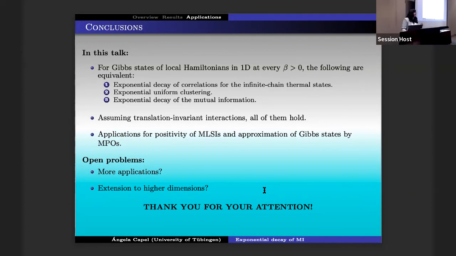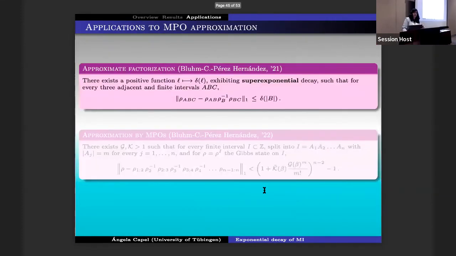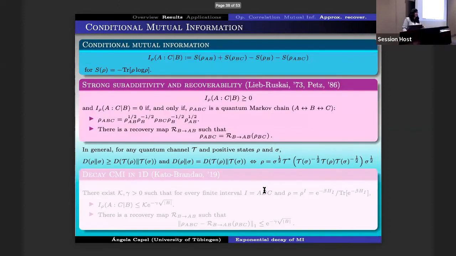Hi, Angela. Thanks for a nice talk. I would like to ask you, do you have something that you can conclude for conditional mutual information? As you mentioned, if you have some norm expression, then you can conclude the mutual information is small. Do you have the analog of a norm expression that you can conclude the conditional mutual information is small, or conditional BS mutual information is small? That's my question. Not really.